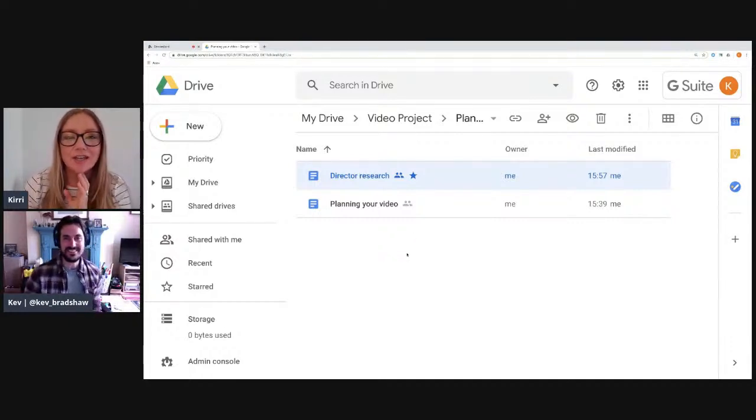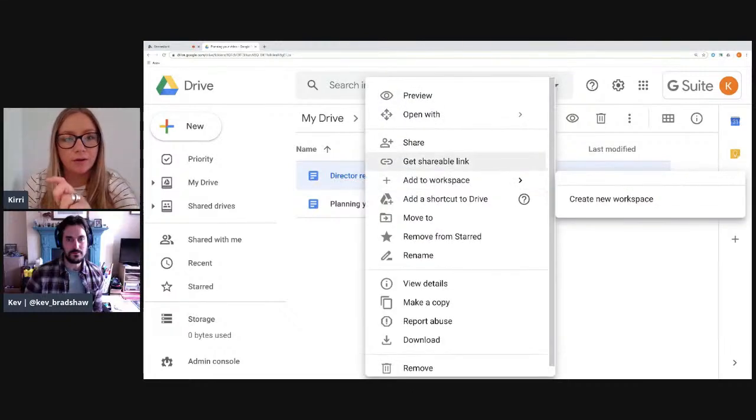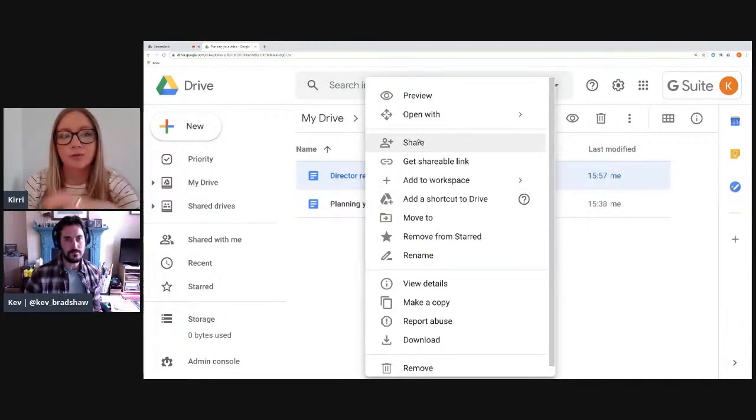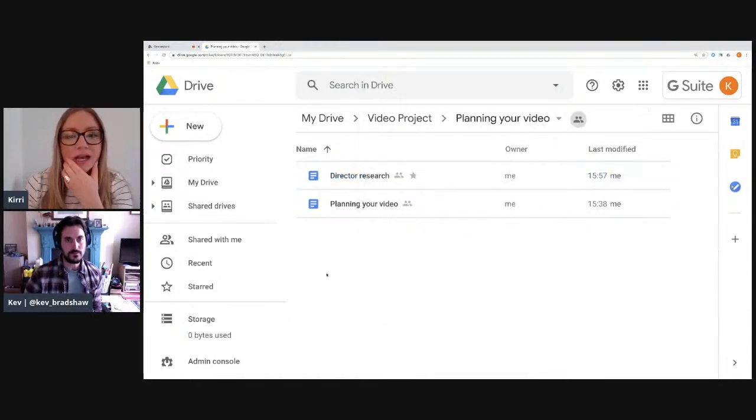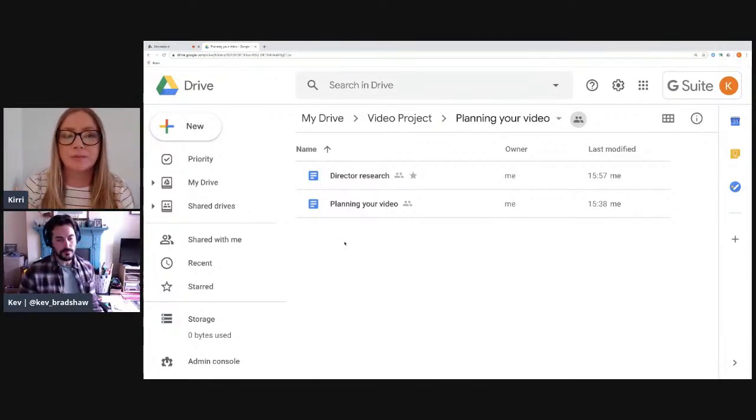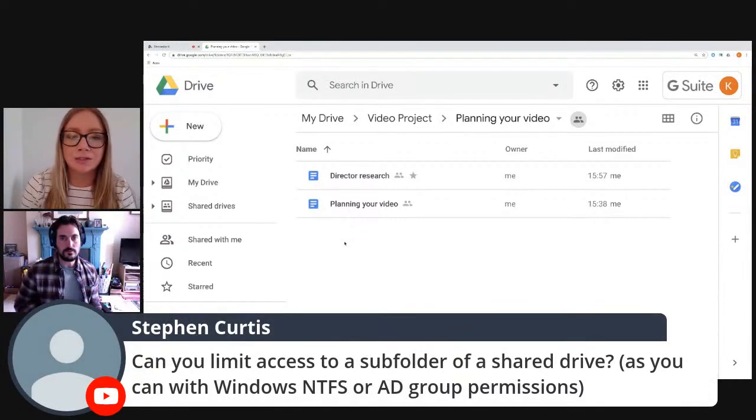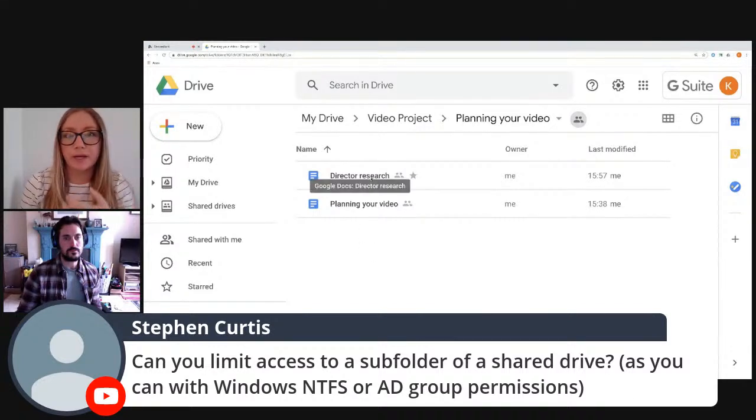Yeah, so the only thing I just wanted you to show in terms of sharing was how it looks differently on a document in your normal drive compared to shared drives. And we have had a question come in, so just before we do that, right now it's not possible to give folder level permissions in shared drive, but you obviously can do that in My Drive. It depends on the use case for what you're wanting to do with the documents or how you're wanting to organize your work.